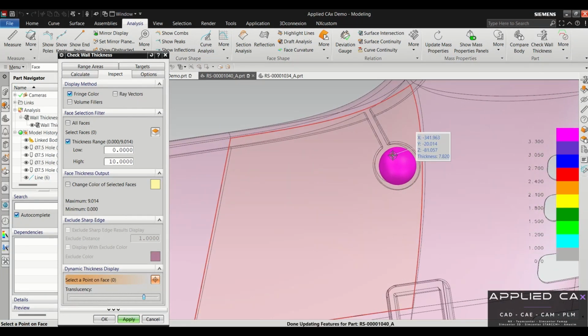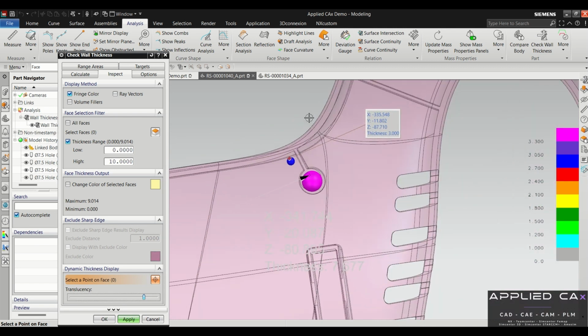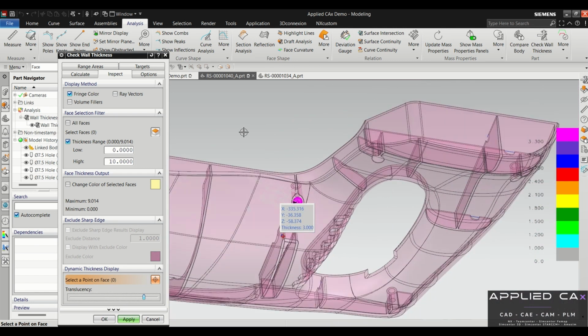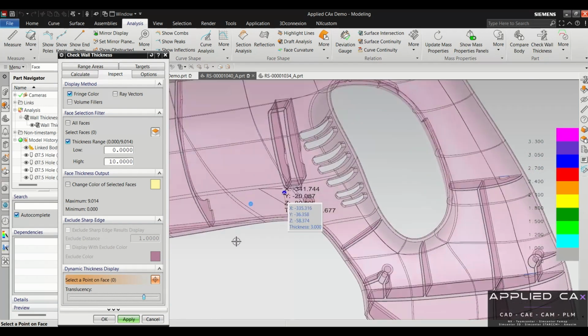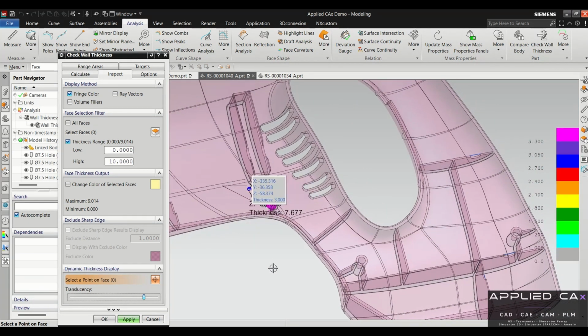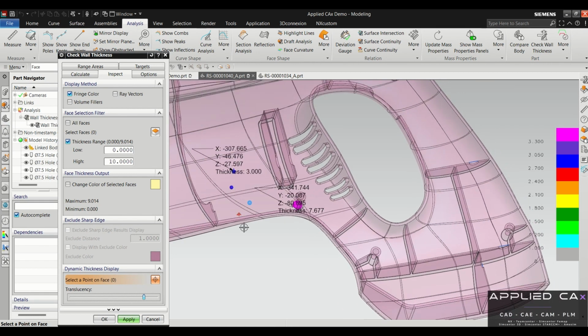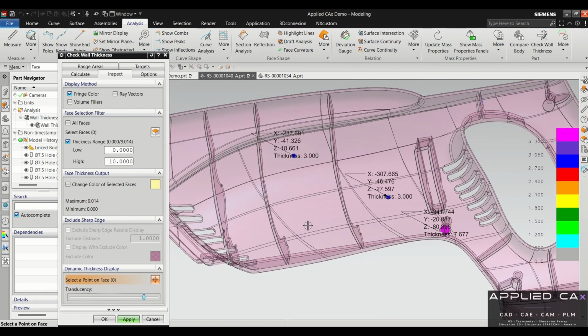We can move this around, and as I move around you can see the number gets bigger. Once I click, it'll save that sphere, and it actually created some text to go along with it, telling you the exact location and the thickness at that point. You can put these anywhere you want, as many places as you want, and it'll save that value. And then once we OK out of this,